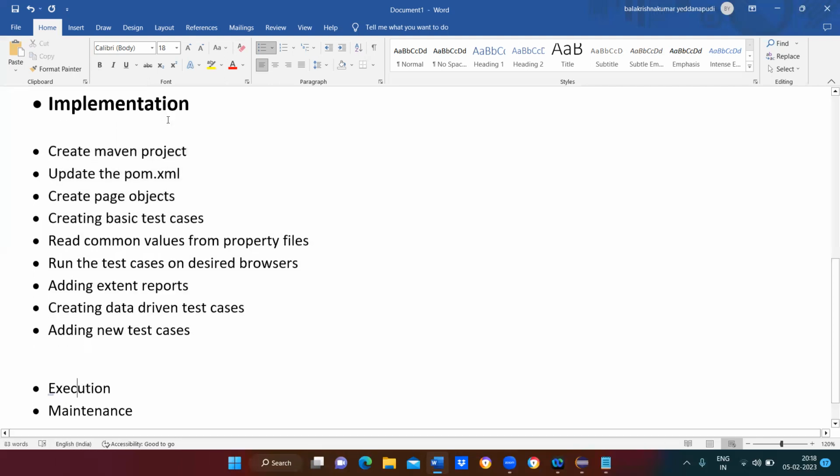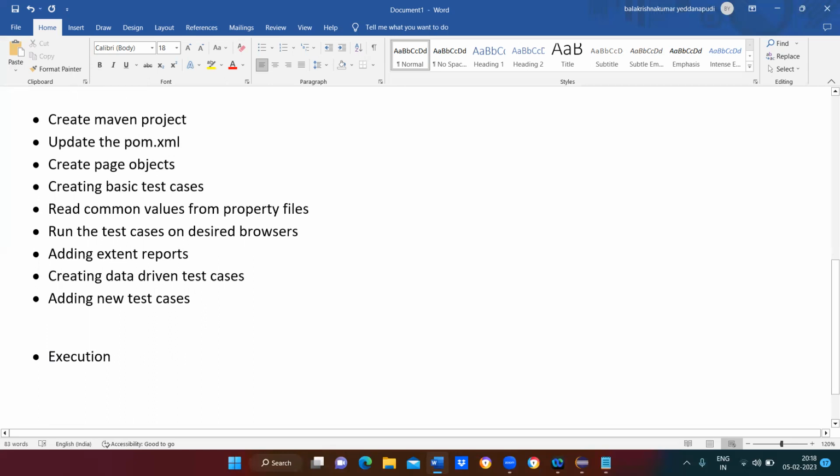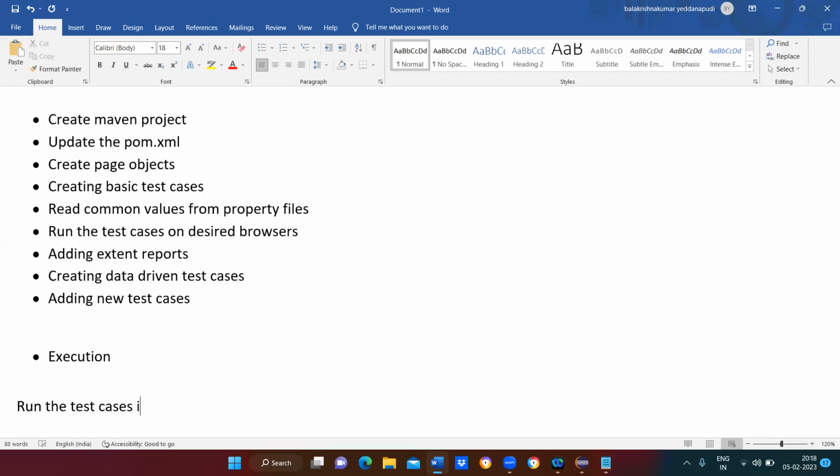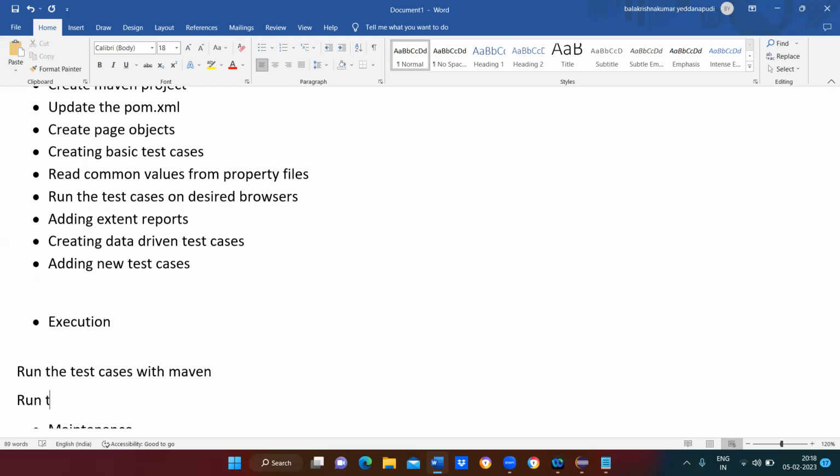Next, in the execution part, what we are going to do is run the test cases with Maven. Whenever you create a Maven project, you will get a pom.xml file where we are going to add all your dependencies, and you can run all your dependencies through Maven itself. Now you need to run all the test cases through Maven. There are many ways where you can run your test cases. One is using Maven, and we can run the test cases using Maven CLI,